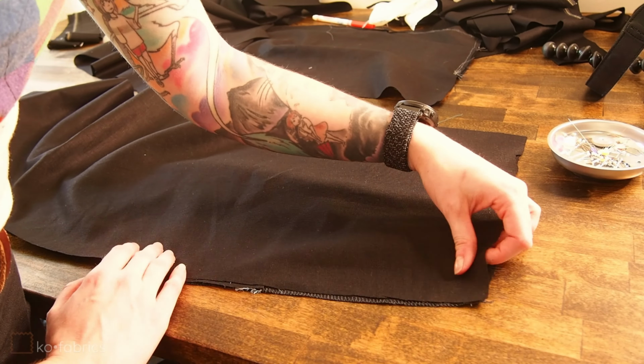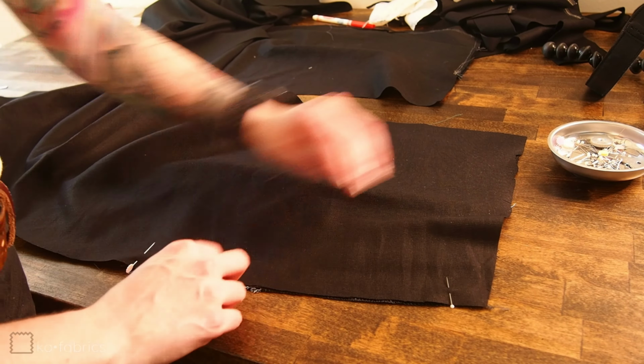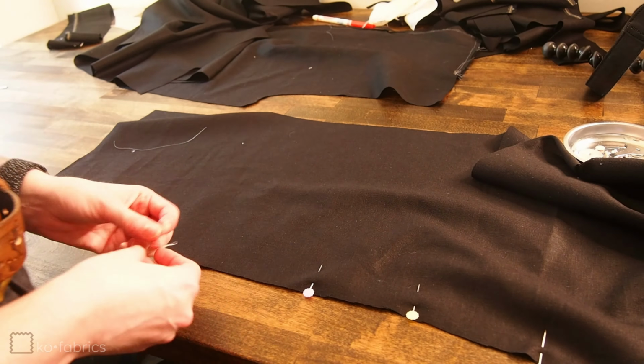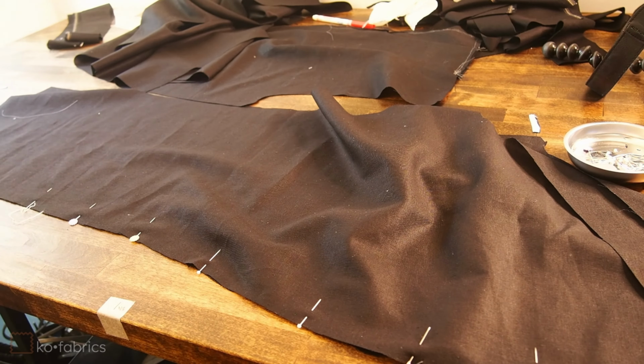So place the right sides together and line up your notches, and then pin the outside edge first. So going down the line, making sure everything connects well. My back pants are a little shorter than my front pants because I did run out of fabric because I am tall, but I don't need the full length because I know I'm going to hem it a little shorter than what I cut it. So I'm going to sew that edge together, and then I'm going to come back over and pin the inside